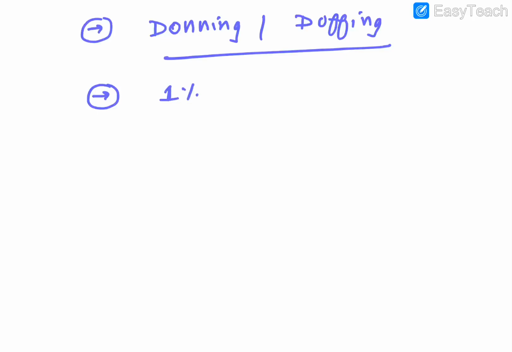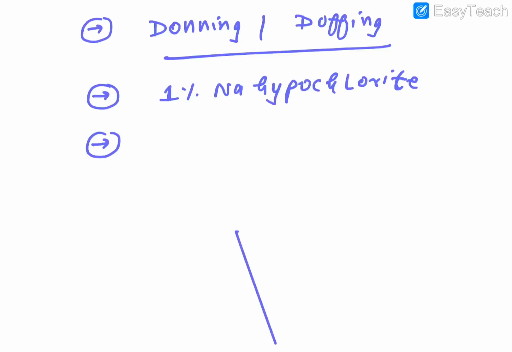Okay, so that is the most common sanitizer being used, in the tunnels and all that stuff. 1% sodium hypochlorite, which is also being used for what? Our blood spills in the hospital. Okay, so that is another important one. Besides this, guys, what else can you remember? There might be a question regarding the filtration fractions and all, that is regarding the N95 mask. You need to remember that some questions can come regarding the N95 mask.